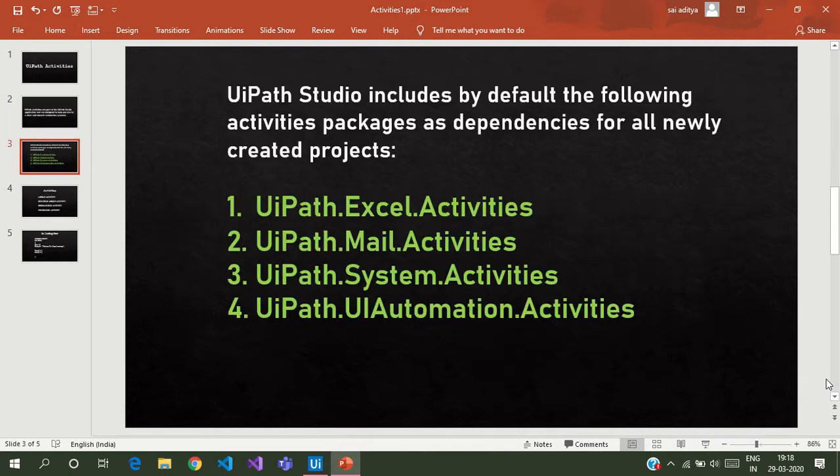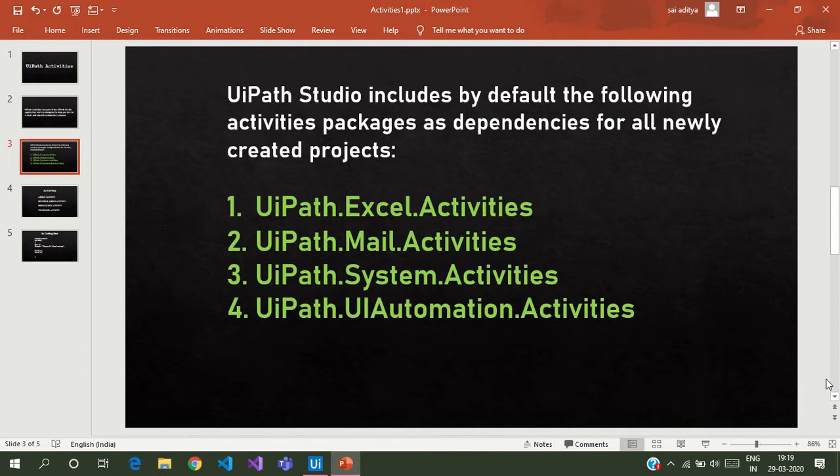Next, UiPath Studio includes by default the following activity packages as dependencies for all newly created projects. When you open UiPath Studio and create a new process, which is called a project or new automation project, it will automatically add some dependencies or activities that you can use.